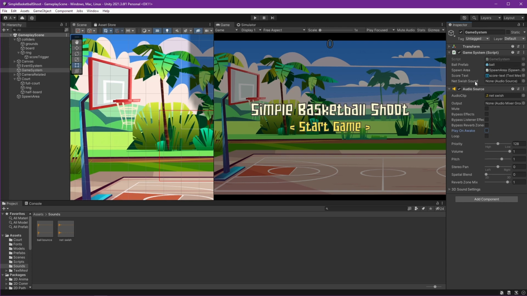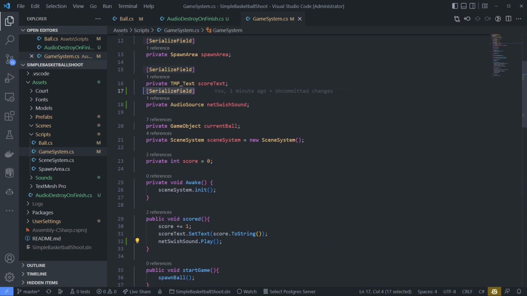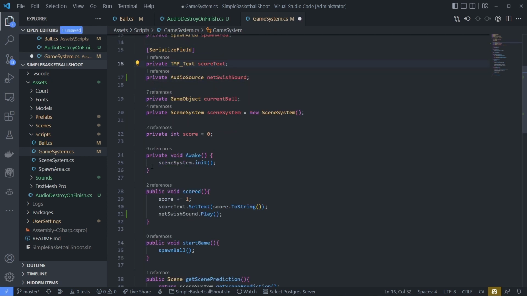I think I made a mistake here. I didn't mean to add audio source like this. We can, but why? We can just use the private here and initialize it.